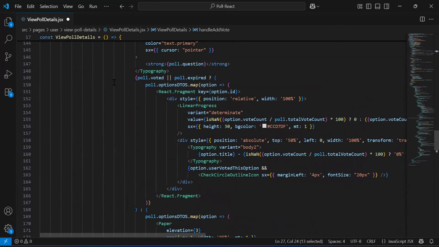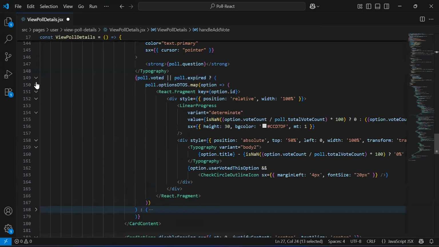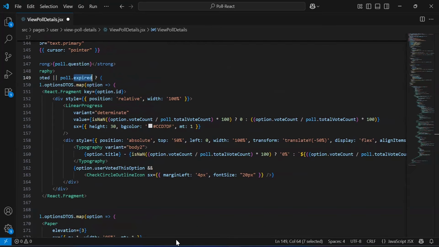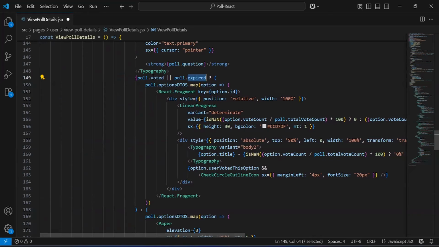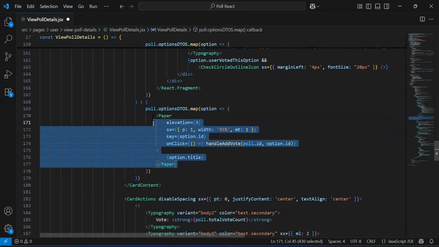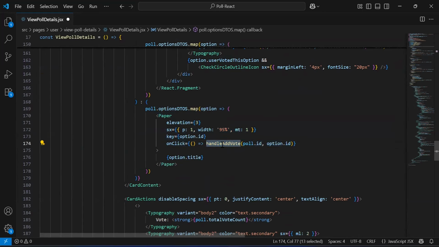Let me give you the overview again of this block. We are checking whether the value of poll.voted or poll.expired is true. Then we have to show the results of the poll, where we have to calculate the percentage of the vote count on every option. In case poll.voted or poll.expired is false, then we have to show this paper tag, where on the click of this, we are calling the function handleAddVote to post a vote